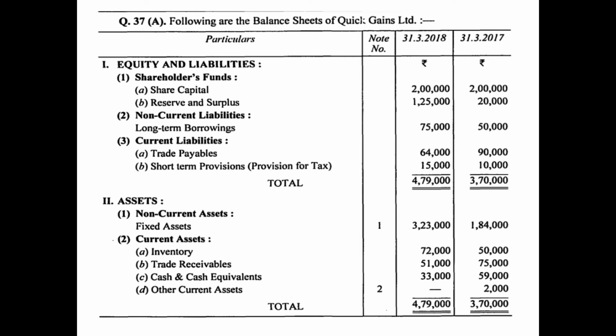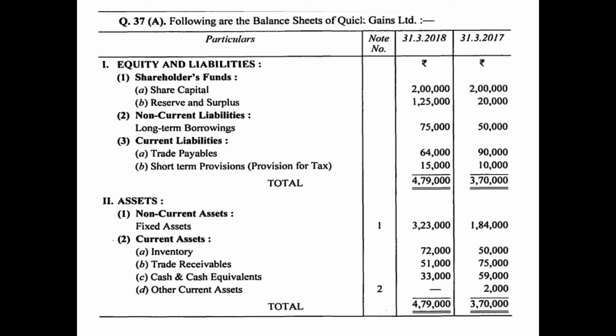So this implies, in the absence of any information, that long term borrowings worth rupees 25,000 more was taken by the company from the bank or anywhere else, and therefore this proceed from long term borrowing will be a cash inflow and it will be added under the financing activity.